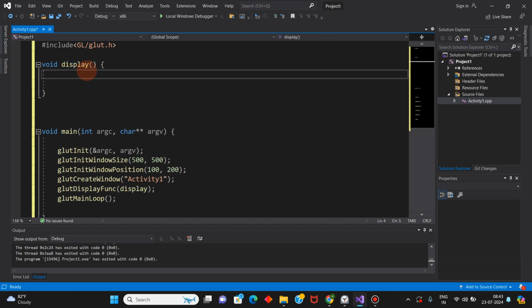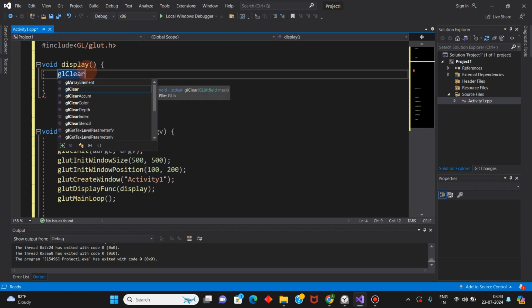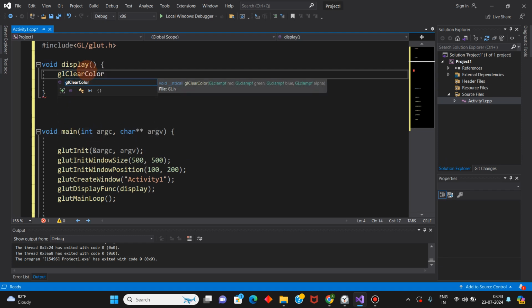So here first we have to register the color which will be used when we are clearing the display window. So glClearColor. Here the first argument is the intensity of red. For cyan color, we know that we have to mix green color with blue color.